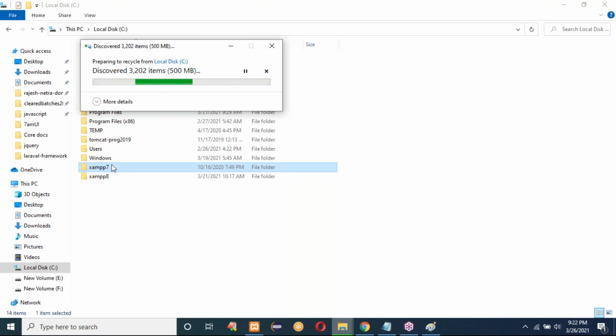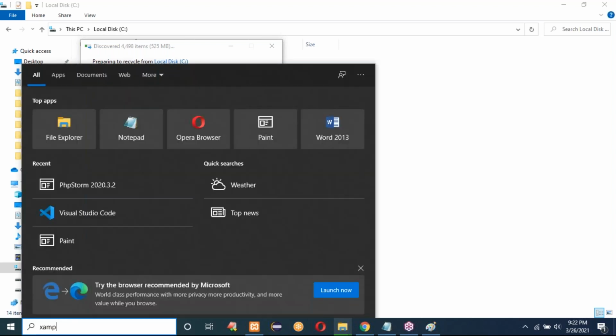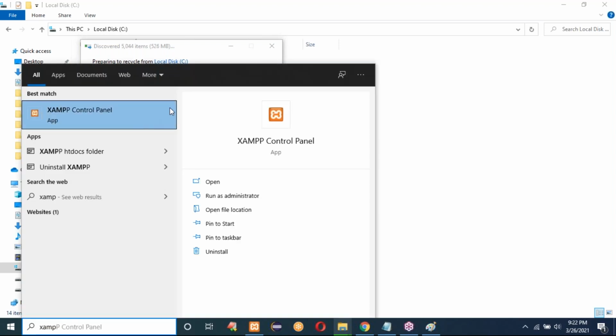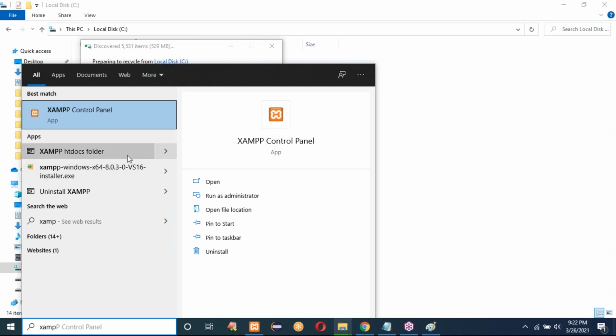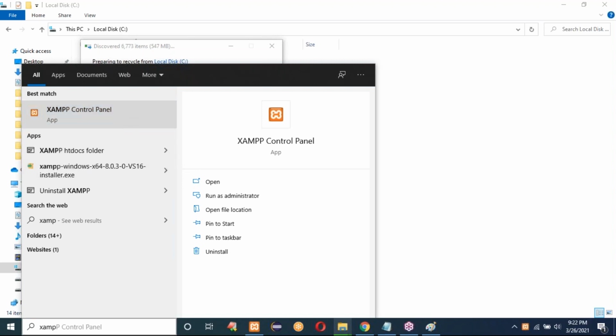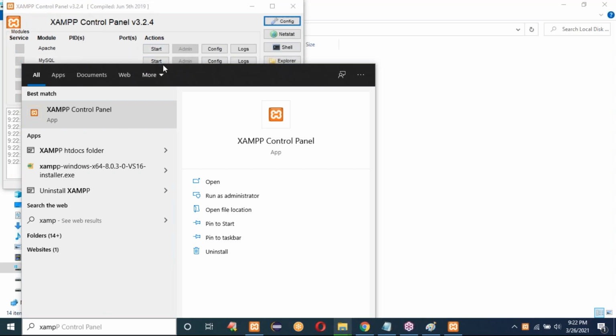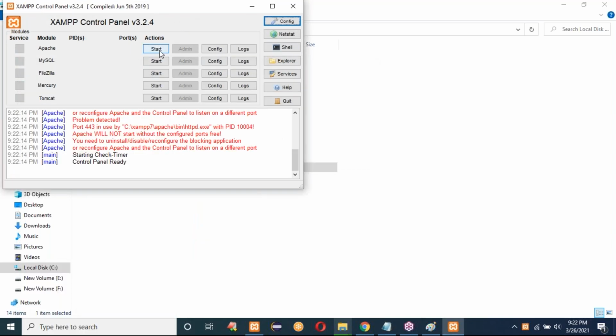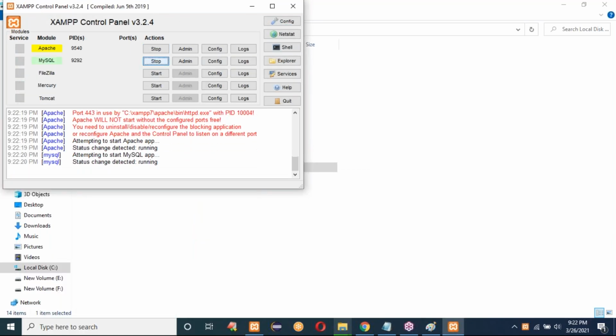Okay, so I have to work only with XAMPP 8. Do I have any XAMPP control panel for 8? Let's see. Here it is showing one more XAMPP control panel. I click on the start button. Here I started my SQL.